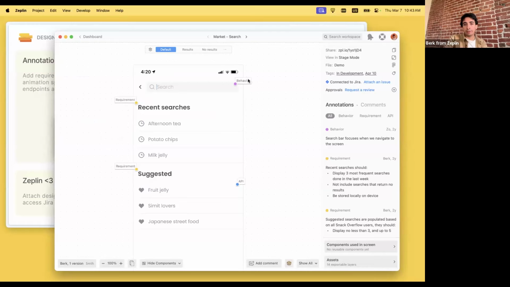it just lives right on top of the designs. Or another common use case for this is more for design behavior. A common way I've seen a lot of designers do this is by adding separate layers right next to the designs. Instead of doing that, you could do that right within Zeplin. So in this example, it says that whenever you navigate into the screen, the search bar should be focused